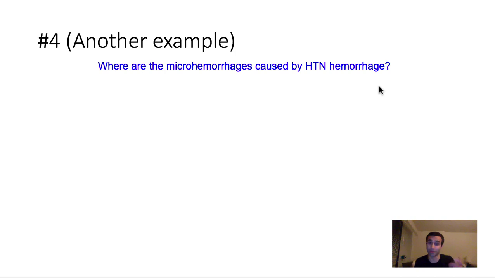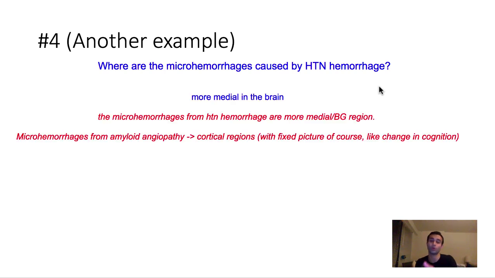What do you mean where? Do you mean where in the brain? Do you mean where in the body? If you mean where in the brain, do you mean specific structures? Do you mean anatomically? Or do you mean medial? Do you mean distal? Do you mean proximal? All those things. Because this is such a vague question, this is a horrible, horrible flashcard.